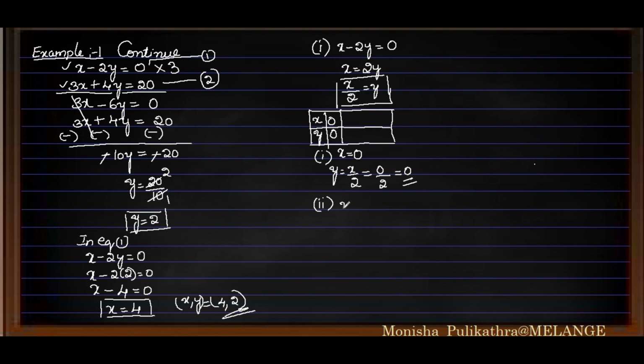Okay. The next point is x is equal to 2. If I substitute x is equal to 2 in this equation, what will it become? 2 by 2, 2 ones are 1, a whole number came, right? So this is the second point. When I take x is equal to 2, y is equal to 1.